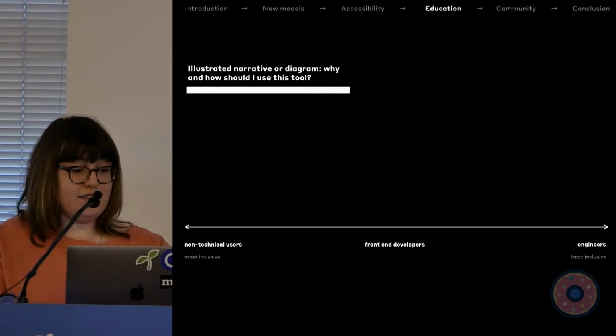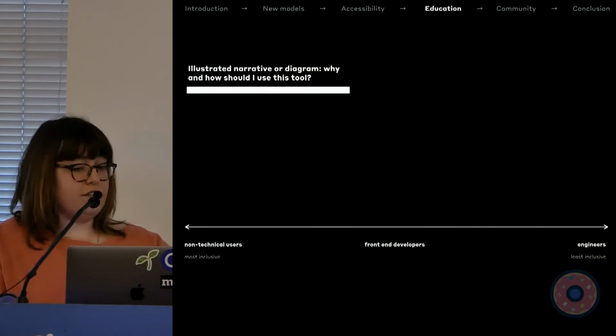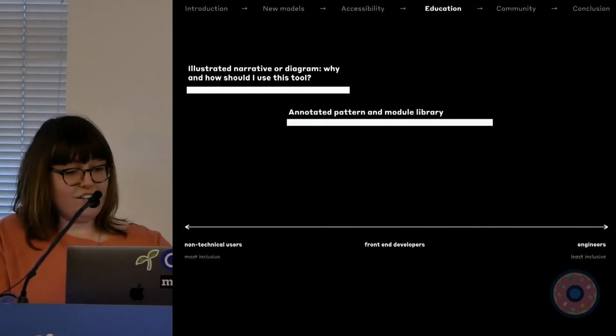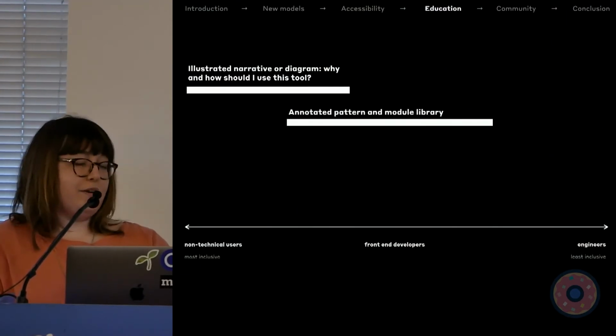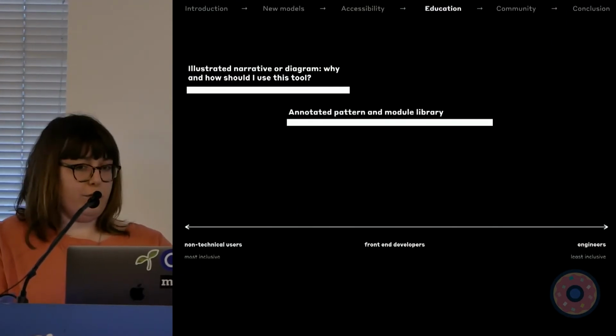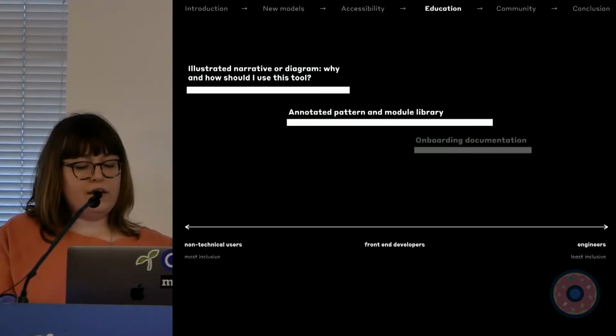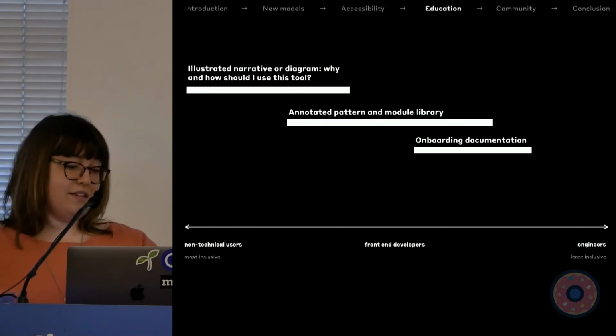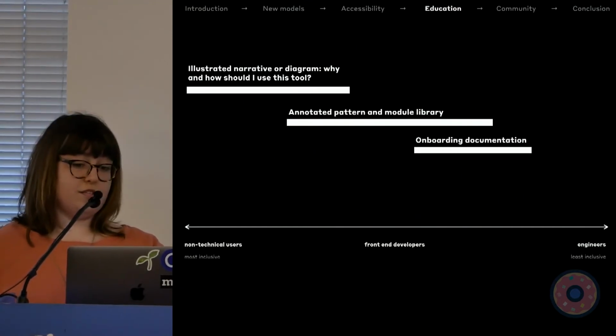Well-designed diagrams that translate these tough concepts without using vector illustrations of clouds, that's powerful. Then, an olive branch for your front-end developers. How about an annotated pattern and module library, or whatever you think they would need? Finally, or not finally, third, an incredible README that you've tested in many different development environments to ensure that onboarding